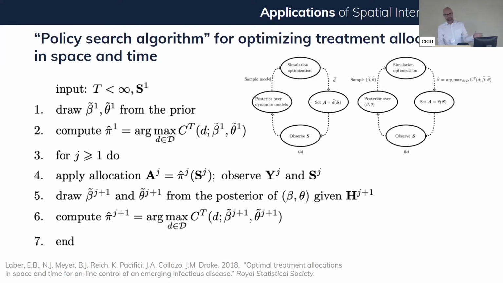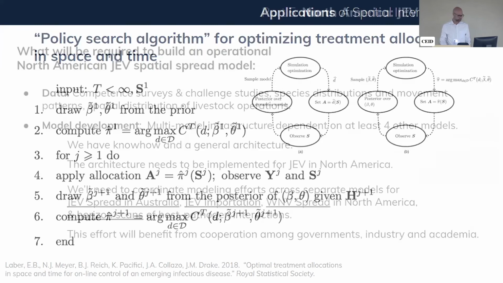Now, this algorithm is about optimal interventions. Are we actually going to be able to stem the tide of something like JEV? I don't know. But there's also a problem for optimal surveillance so that you can extract the maximal amount of information as a disease is progressing, and then at least adopt protective local measures.